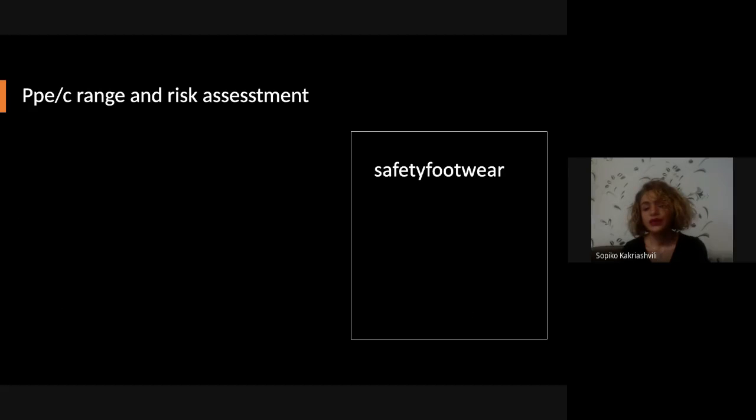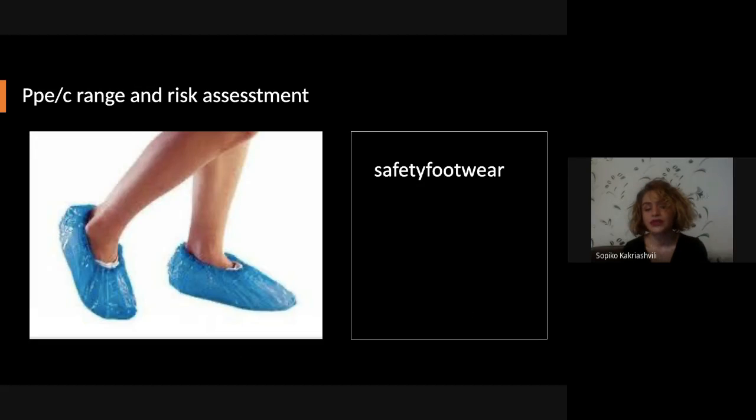We also use safety footwear, as I have already said. Look at how it is. This is a specific size for users, and the toe area should be covered and non-slip.